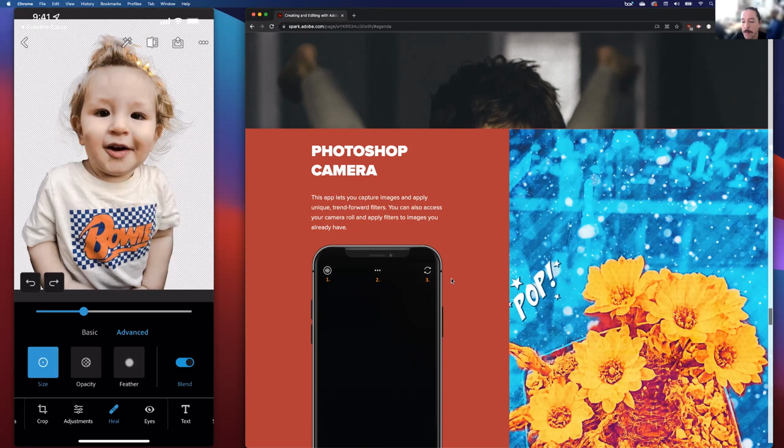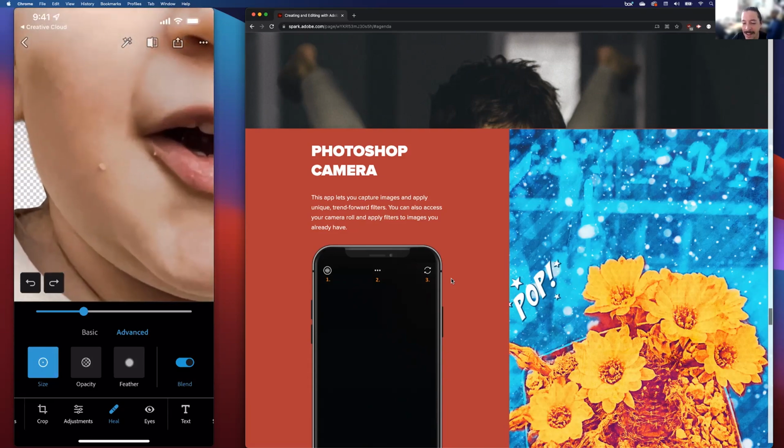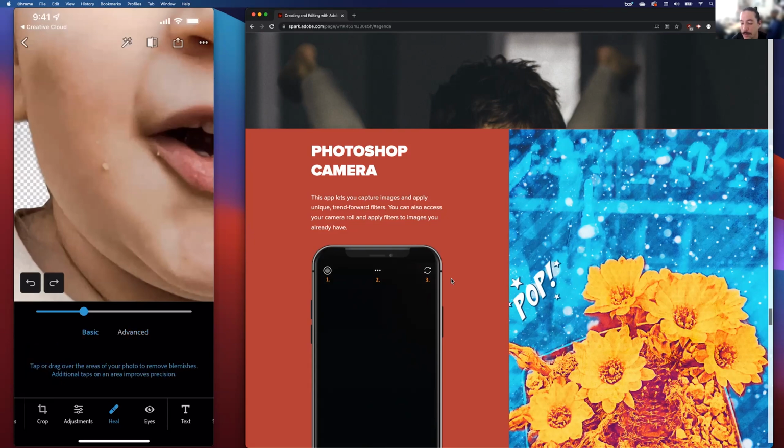So I'm gonna pull to zoom and we can see he's got some beans on his cheek here. And the heal tool just has, well, the basic mode, you just tap and drag and it tries to remove it. But I like the advanced mode because I like to work with something smaller. There we go. So you can change the size of your brush. So I make it a little bigger than what I'm trying to remove. You can change the opacity, which for the most part, you're going to leave all the way up. Otherwise, you'd still see a little bit of what you replaced. And you can change the feather,